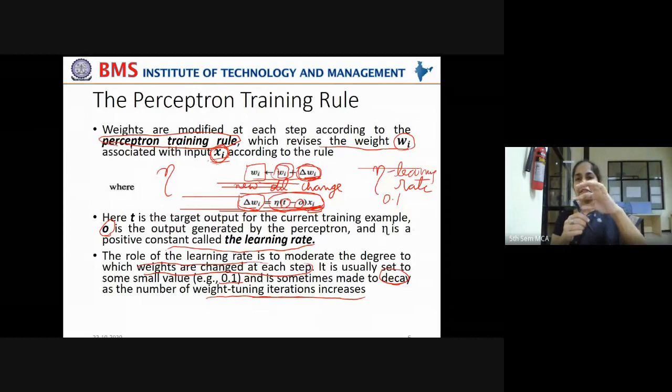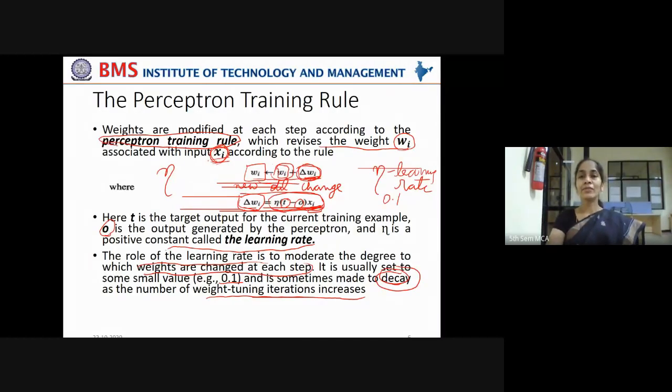You keep on adjusting your weights, and whenever you reach closer to your destination, what will happen? You have to go smaller and smaller in order to optimally reach your destination. What is happening here? Your learning rate is decaying. It is becoming smaller and smaller.